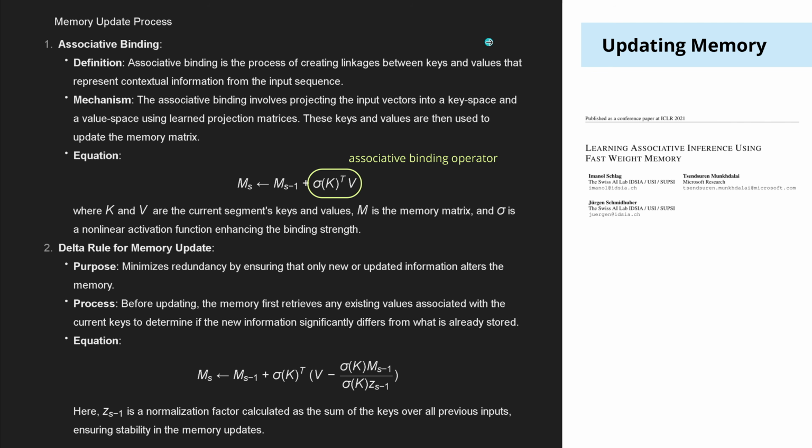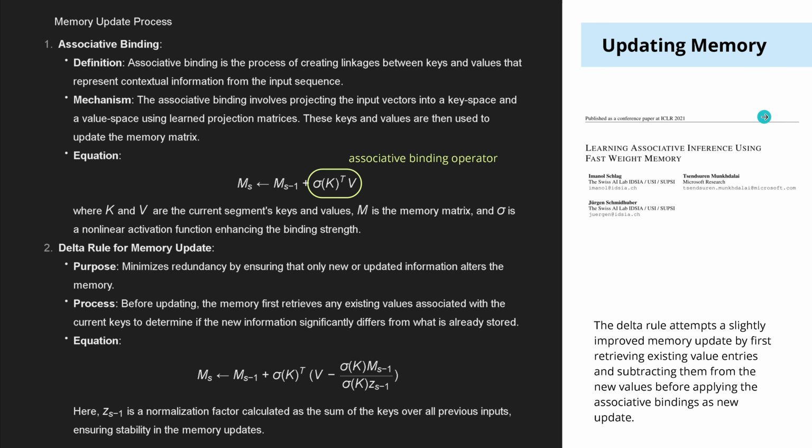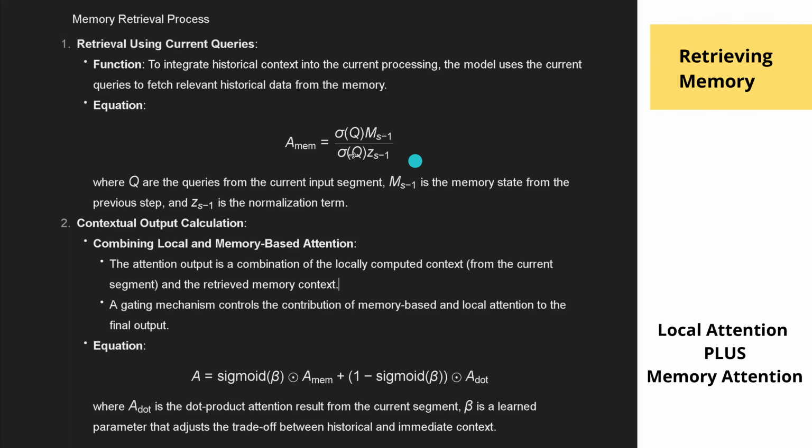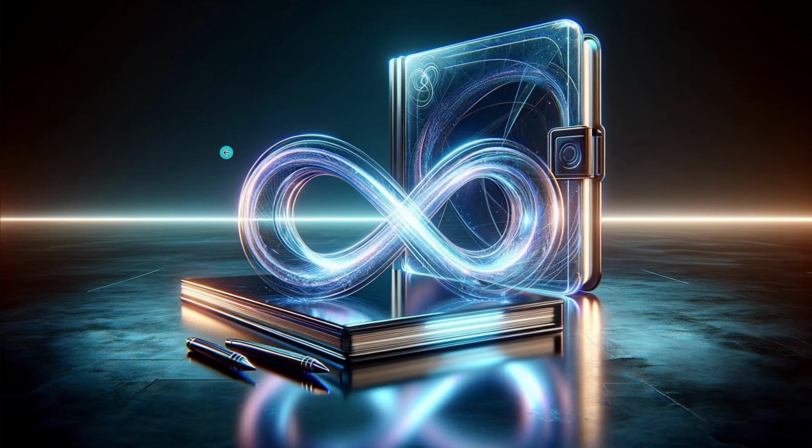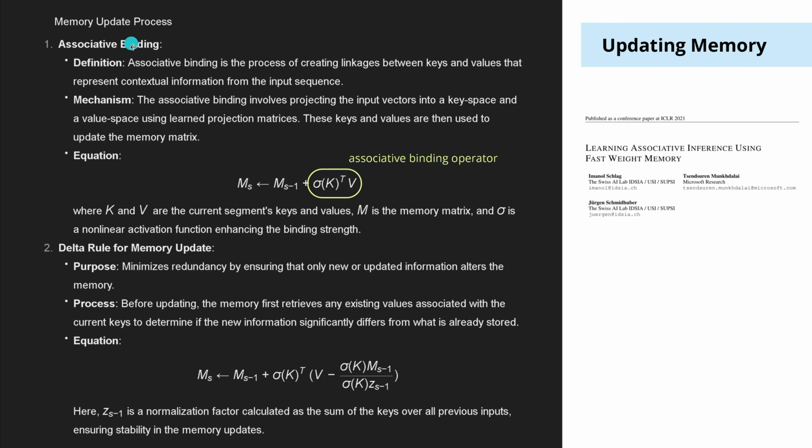Now, a little bit more with a mathematical background. Again, we look at the update memory process and then we look at the retrieve memory process. So let's do the same again. We have something that is called an associative binding operator. And this comes from a conference paper of ICLR 2021. This is a historic development, historic insights we found. If you want to learn more about this, I would recommend exactly this paper from ICLR 2021. What it does is simply,